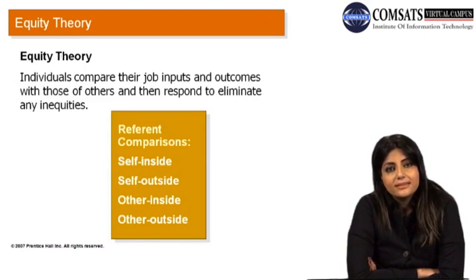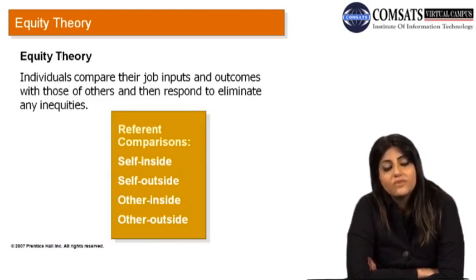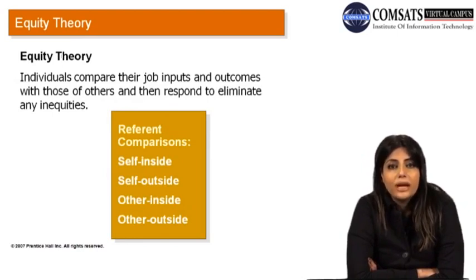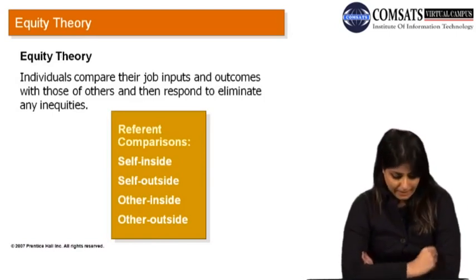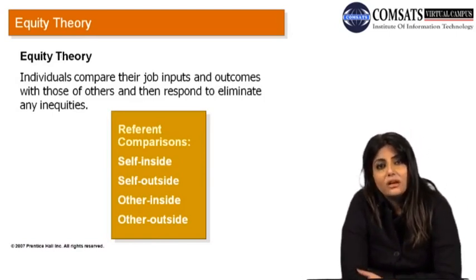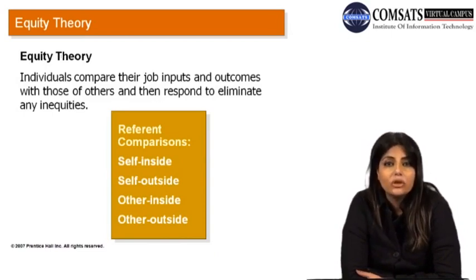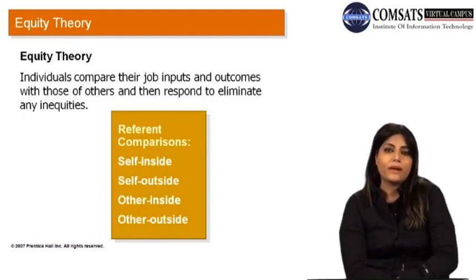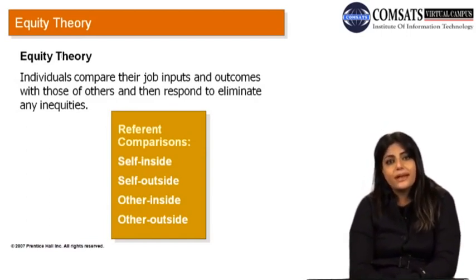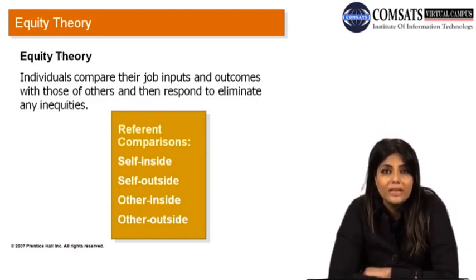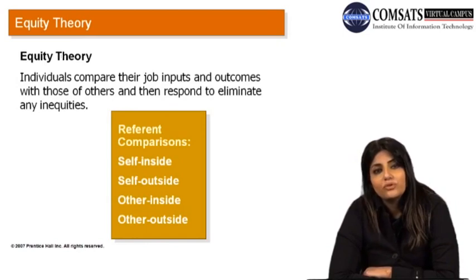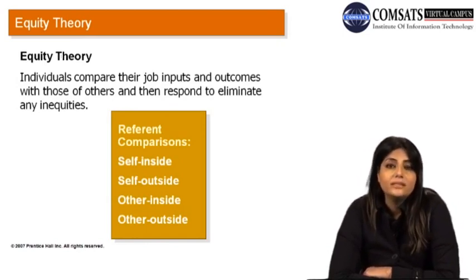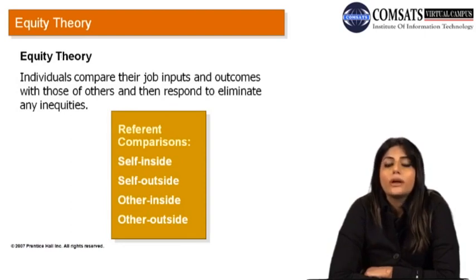So what is happening in this case is that Jane, who was previously very satisfied with her job and with the amount of money she was getting, was very happy with that. But now she is instantly dissatisfied because she has instantly jumped into a comparison with a referent other. Right? So equity theory basically states that individuals in the workplace try to compare their input-output ratio with the input-output ratio of some referent others, right? And these referent others can be a number of categories, or they can be anyone.